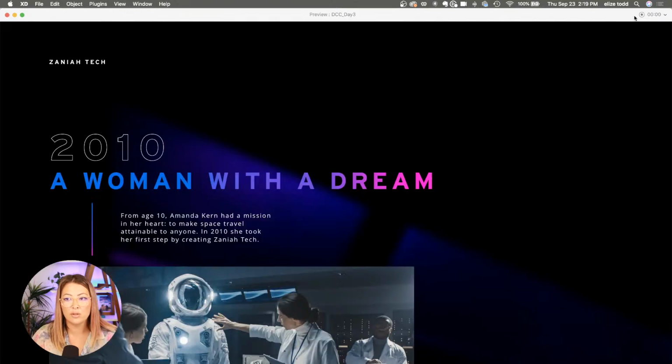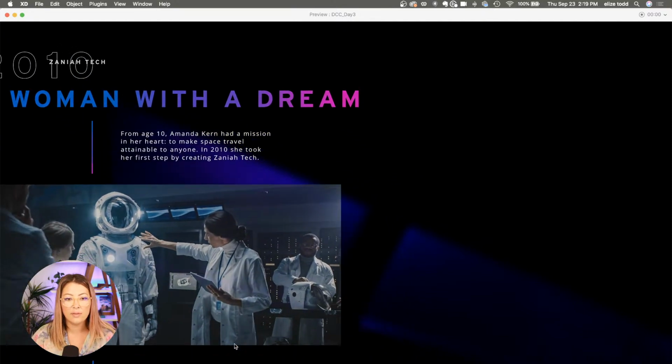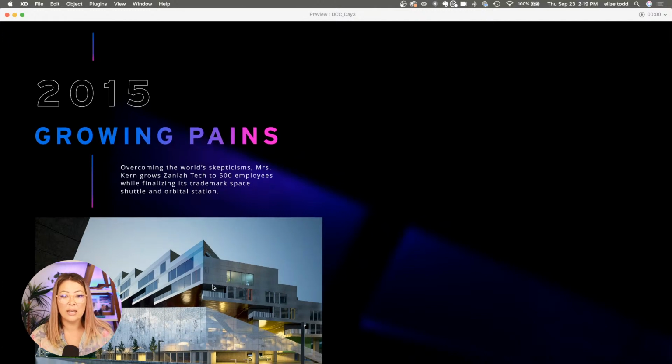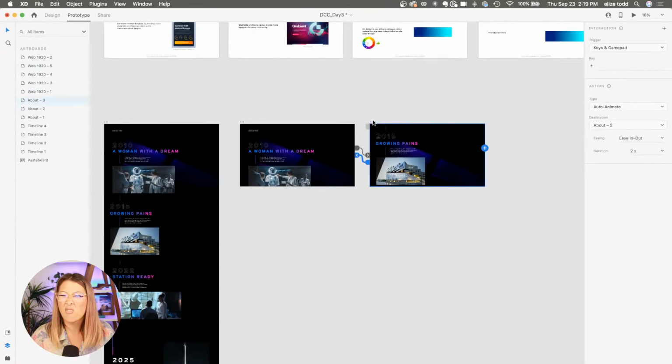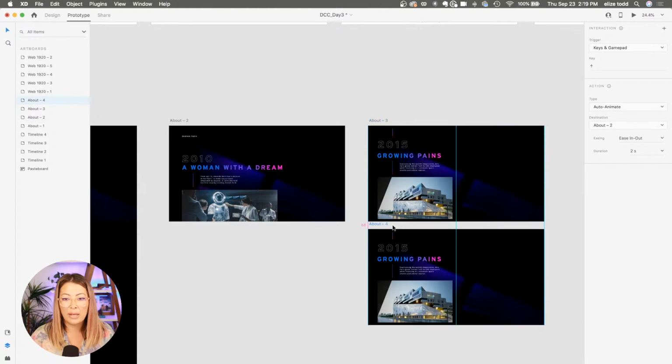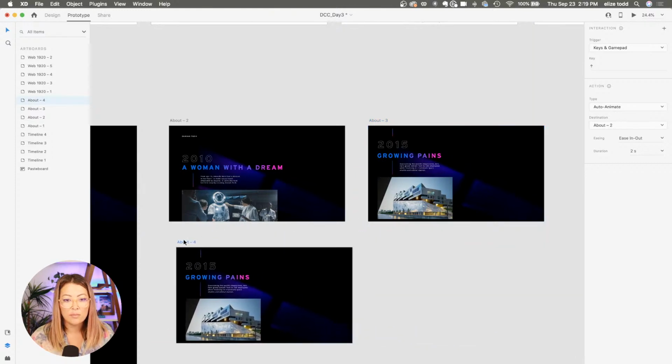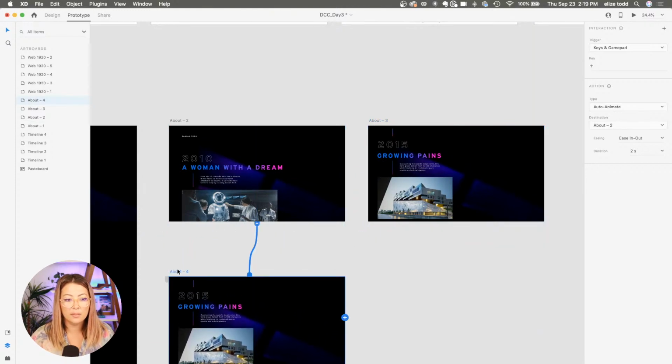So I'm going down and then up. Let's see how this works. So I'm going to go down and we're going to see the movement. This is going to move to the left, and the other image from 2015 is moving in from the left into the right, right? So that's what was happening there. So let's do it again with the next artboard so we can get comfortable with this animation. So now from here,